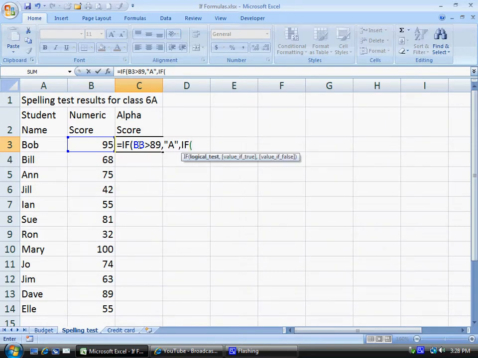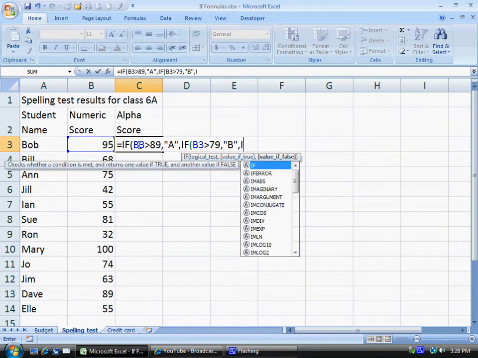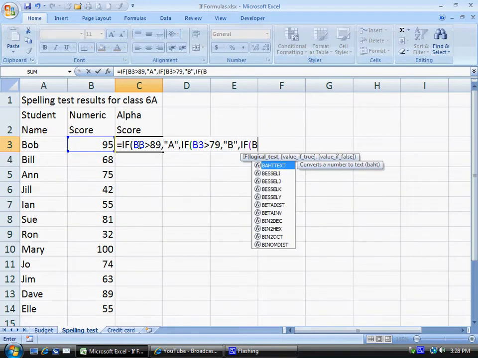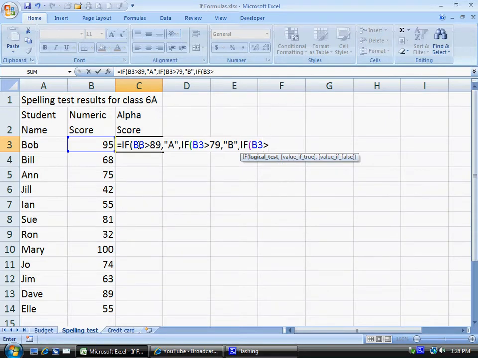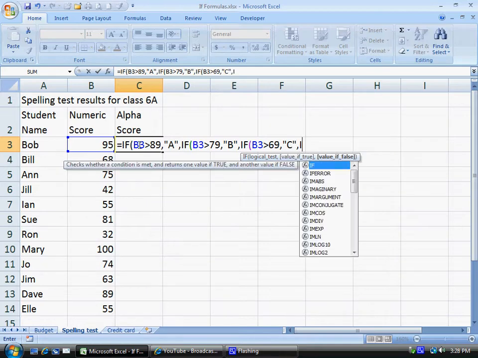And again it's B3 is bigger than, this time, 79, put a comma, and again in quotation marks a B if it gets better than 79, and again a comma, and again if, open the brackets, B3 is bigger than 69, comma, and again we want a score here, so we're going to give a C, and then a comma, if,